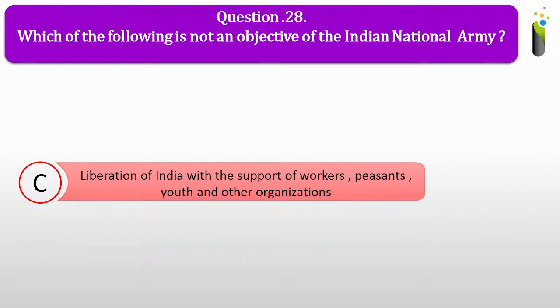So the correct answer for question number 28 is C. So, liberation of India with the support of workers, peasants, youth, and other organizations was not an objective of the Indian National Army. Now, coming to the doubt which you had asked, Sandeep Sharma, who founded the Forward Bloc, I've